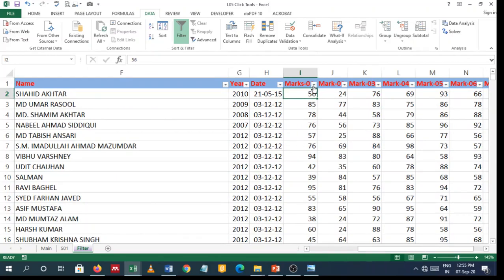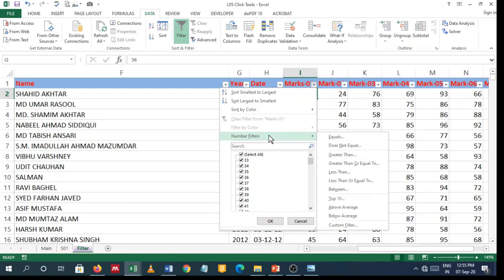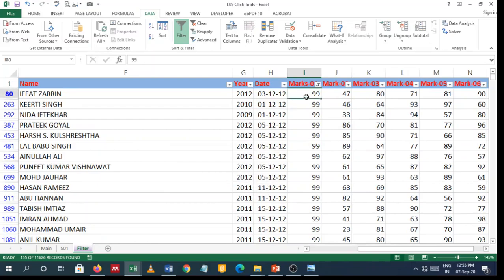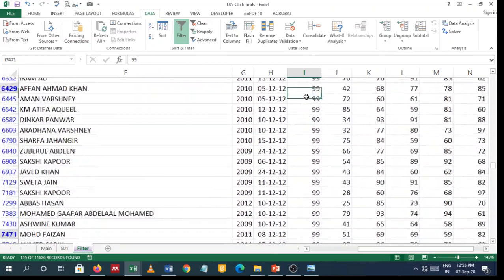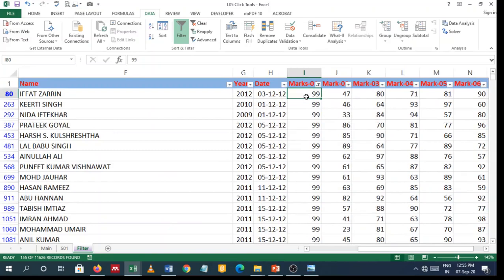So for example, I'm interested in finding the students that have the top 10 marks. So number filter, top 10. Top 10 filters items, click here. So what happened, these are the top 10 values. They are almost basically 99 values. So these are the values they have, because top 10 means